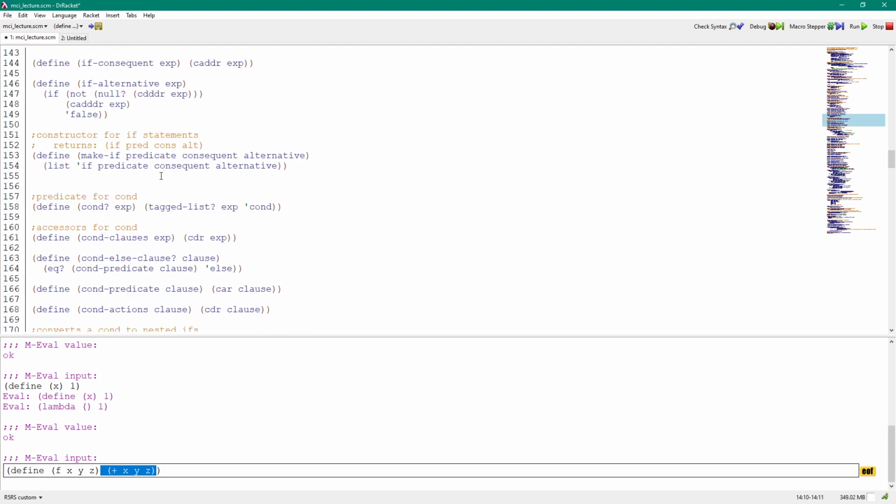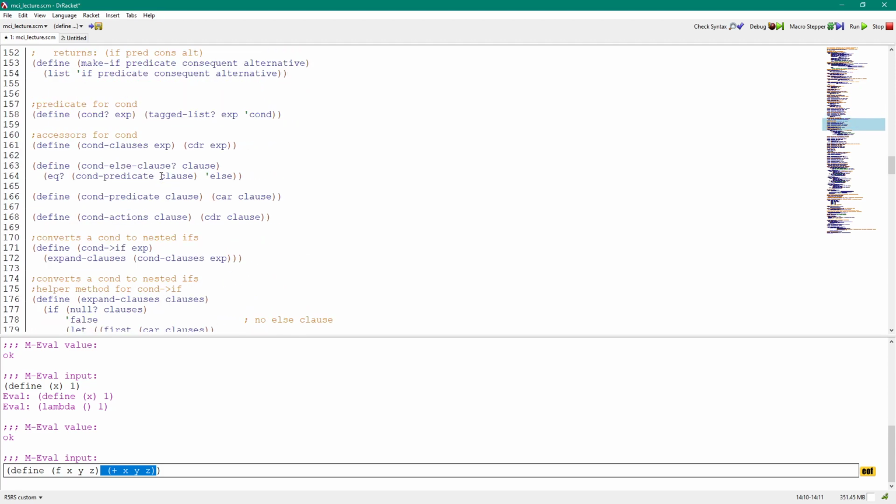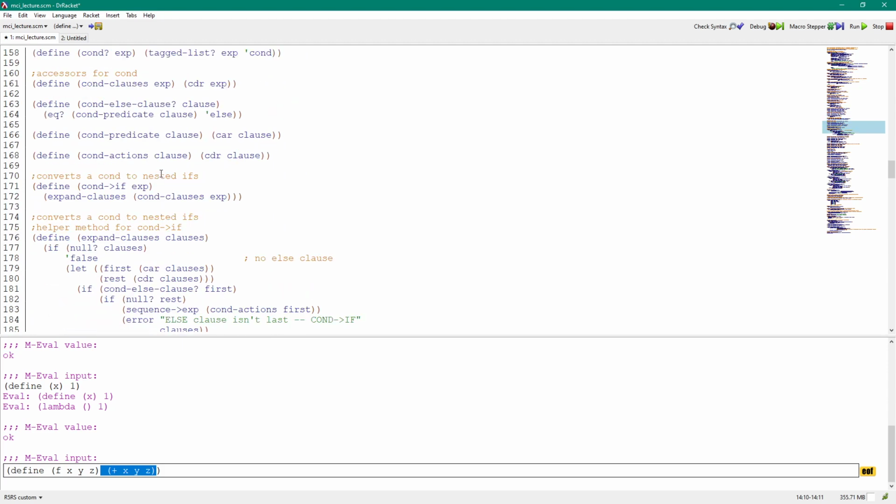Okay, scrolling. So we have cond and if. We don't really care about them too much. I'm not going to talk about cond very much. Suffice to say, you might recall at the beginning of the course when I first mentioned conditionals, I said a language can get away with only having one or the other. If it has an if statement, it can make conds by creating a bunch of nested if statements. If it only has a cond, then it can create if statements by essentially having a cond that only has one or two branches. So in our MCI, we have if statements implemented, and all cond expressions will actually be